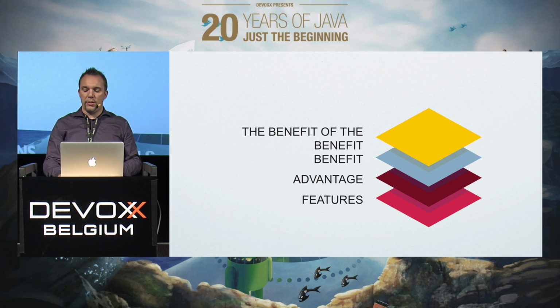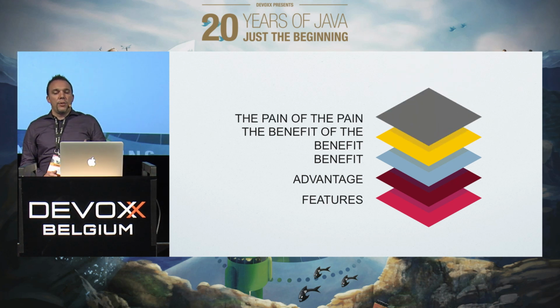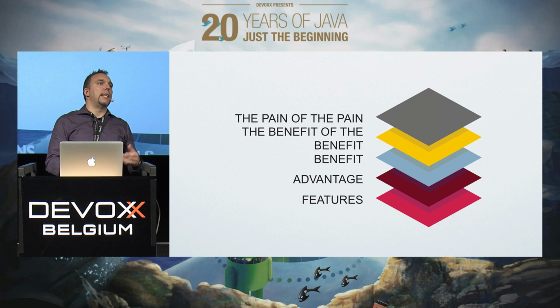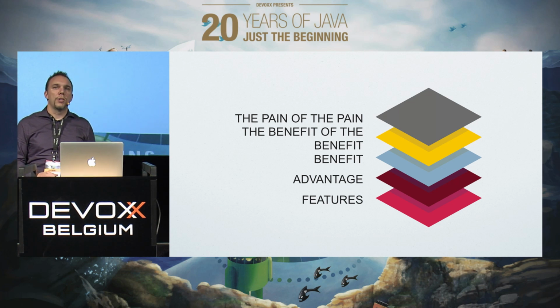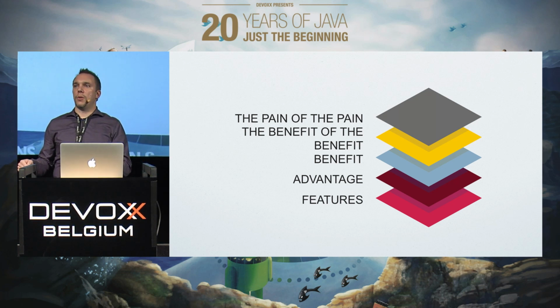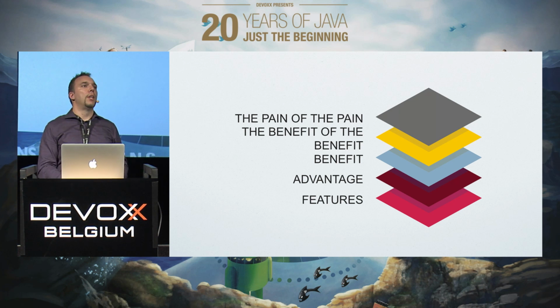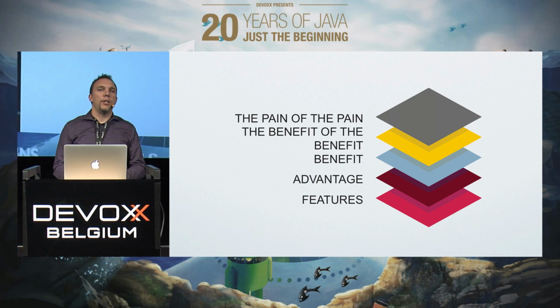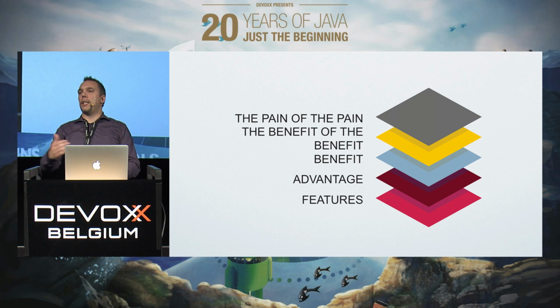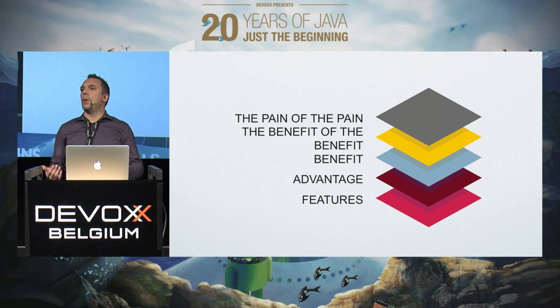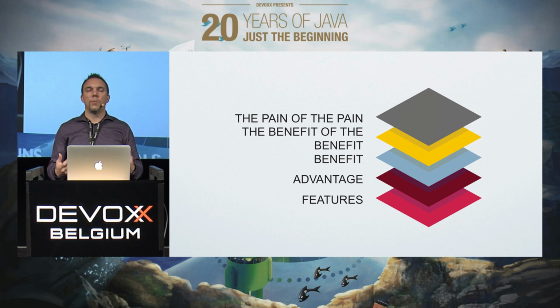So that's very interesting. And then, of course, there's the pain of the pain, in the sense that some solutions introduce new pains into an organization. Typically, if people adopt a big ERP system, they'll be happy because that ERP system will alleviate some pains and will bring some value. But on the other hand, it will introduce new problems. So that's also one of the things you can play on.